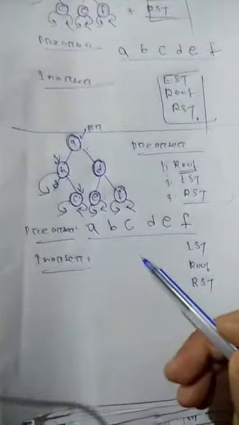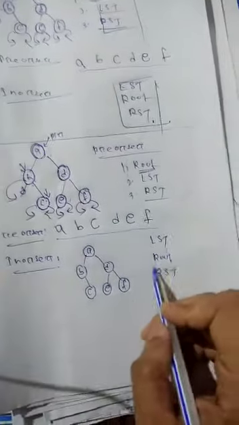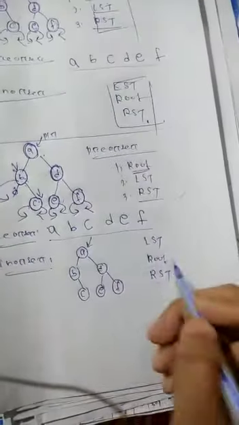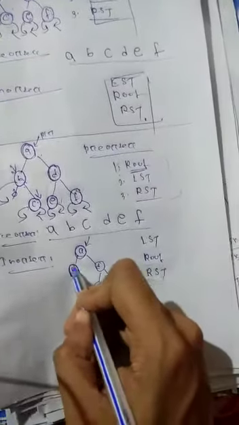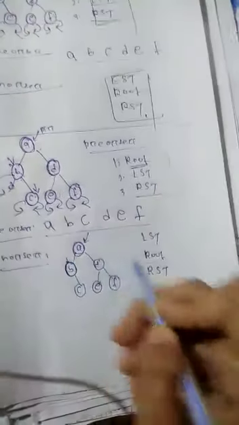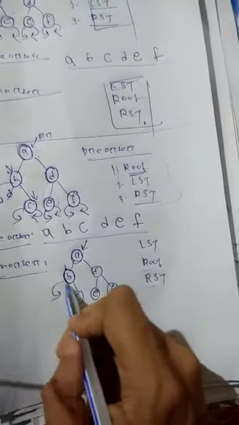then your right subtree. Okay, in these cases, suppose I am drawing the diagram again so that you can understand easily. First your left subtree will be visited, then the root, then the right subtree. So ptr is here. First ptr goes to the left subtree. Here this is the left subtree, you have to go, ptr is now here at b. The first step is the left subtree, there is no left subtree, that means you have to return to b.